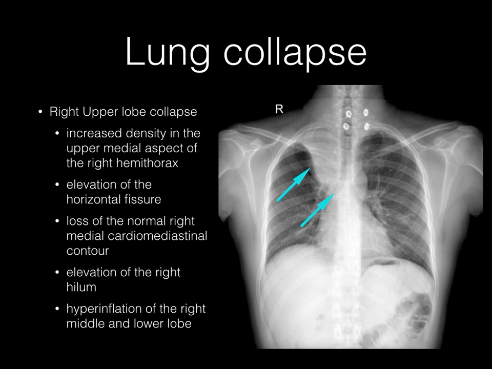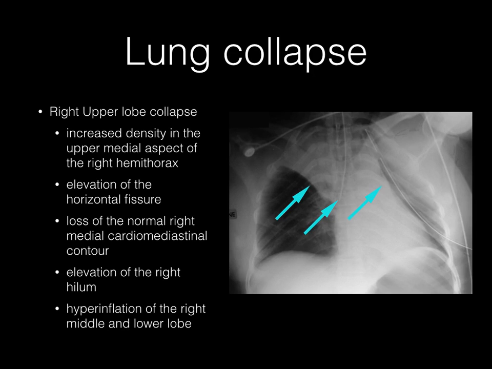And what are the most common reasons for right upper lobe collapse and left lung collapse in intensive care? It is endobronchial intubation, as is the case with this particular patient. As you can see, the endotracheal tube is way too far into the right main bronchus, probably actually occluding the right upper lobe bronchus, and that has resulted in significant collapse of both the left lung as well as the